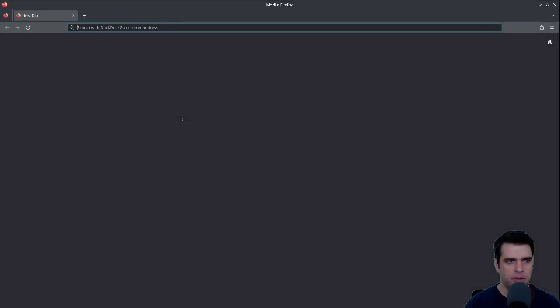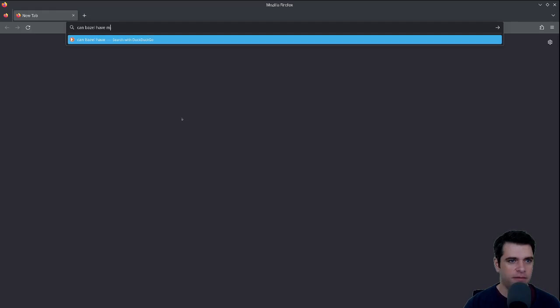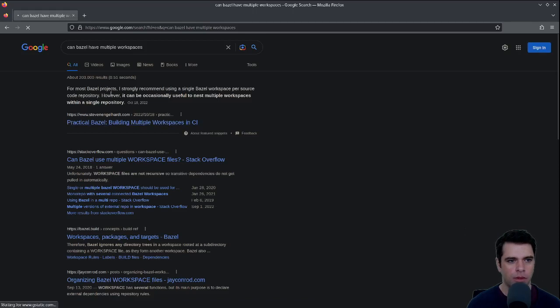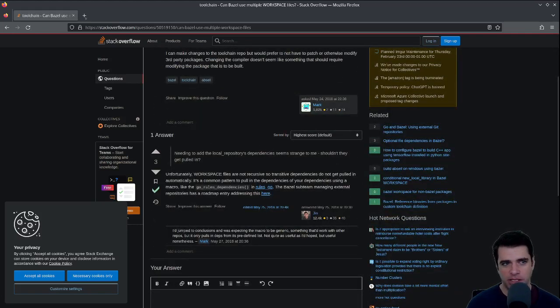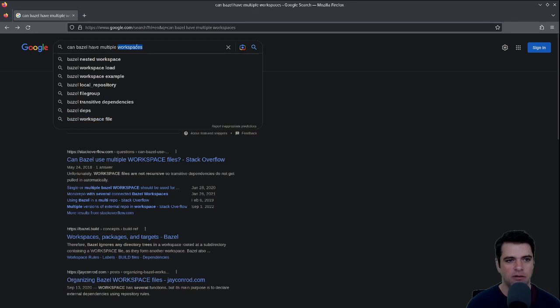Maybe that's something we can look up on the internet. Can Bazel have multiple workspaces? For most Bazel projects, I strongly recommend using a single Bazel workspace per source code repository. Yep. Unfortunately, workspace files are not recursive, so transitive dependencies do not get pulled in automatically. It is a common pattern to pull in the dependencies of your dependencies using a macro, like go rules dependencies. Okay, so each repo has a workspace. In fact, that might be what defines a repo